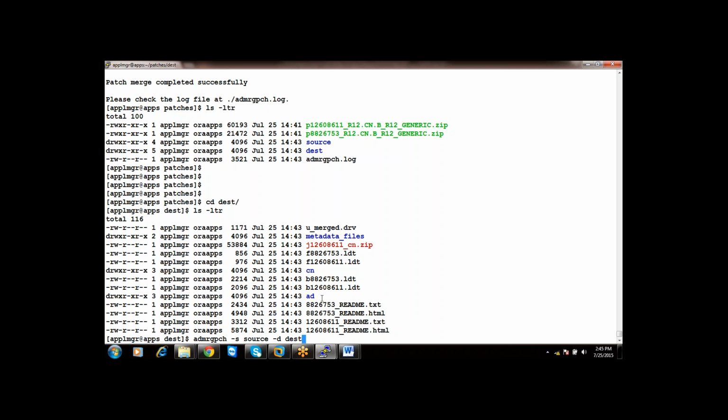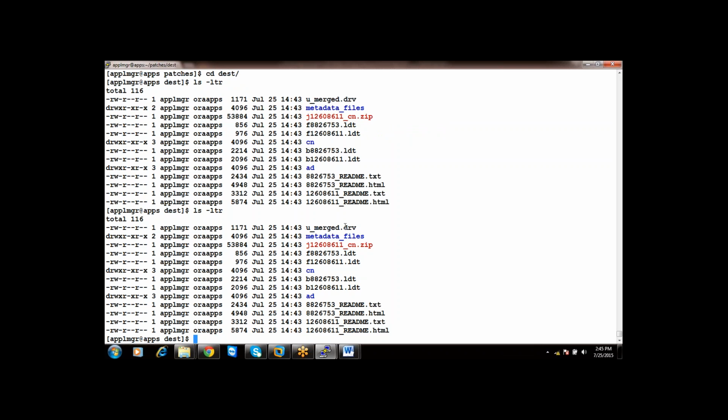Once the output file is placed in the destination directory, you will be seeing the u_merge.driver file. This is the unified driver, which contains the contents of two patches. So next time, whenever you are applying the patch,